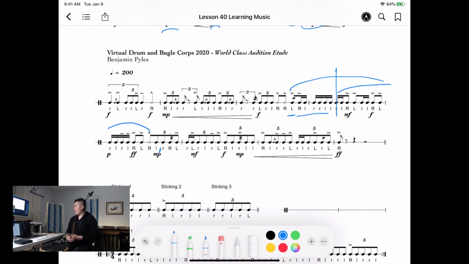Because here's the thing, if you can play this entire audition excerpt, it's probably 6, 7, or 8 lines, and these are just the first 2 lines. If you can play the whole thing through without stopping at 100 with great sound quality, beautiful flow, accents, inner beats, the right stickings, and you look and feel confident and your hands are not freaking out,